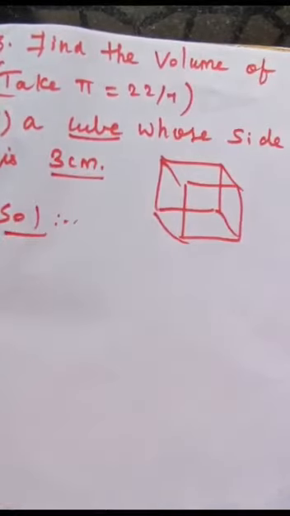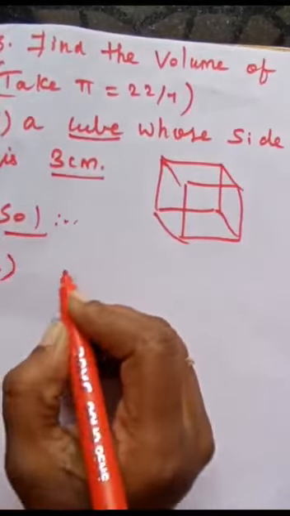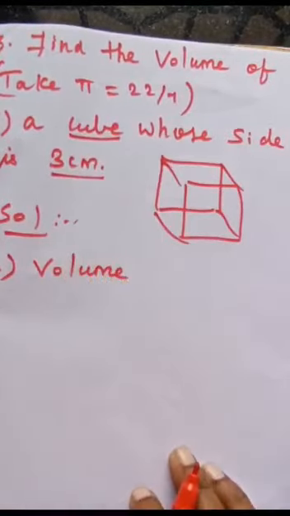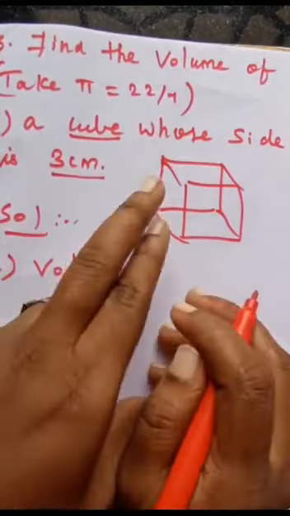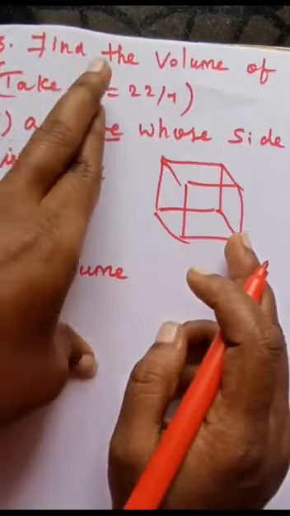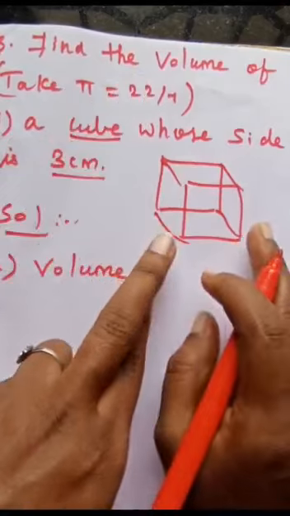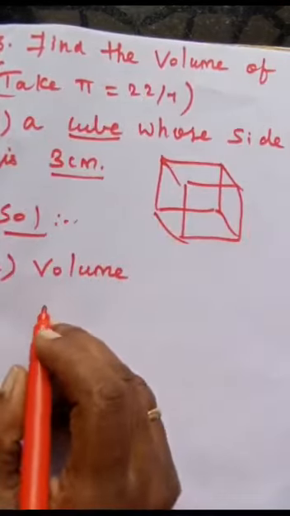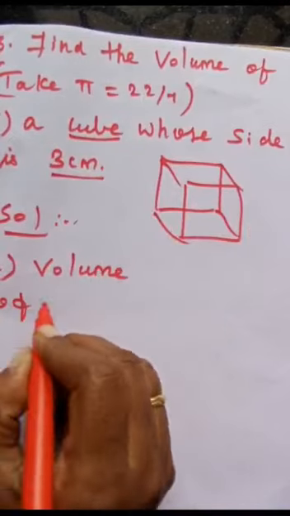Okay, fine. What is the first step? First we are supposed to write the formula, right? Don't forget, whenever you are solving the problem, what is given in your question, that you have to mention. Clear? If they have given a diagram, or as a hint you can draw a diagram, which will be clear for you. It's for your clarity. And next, formula you should write.